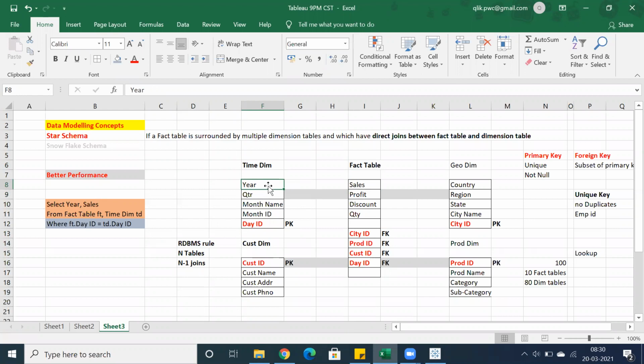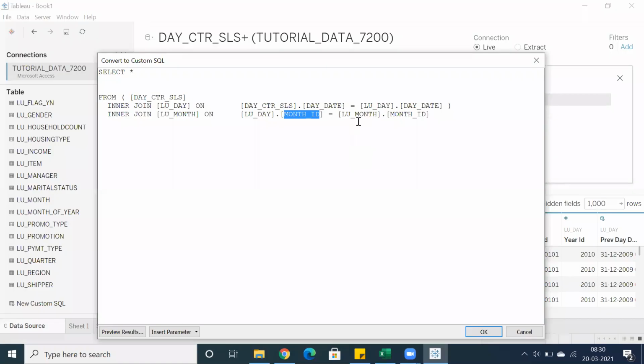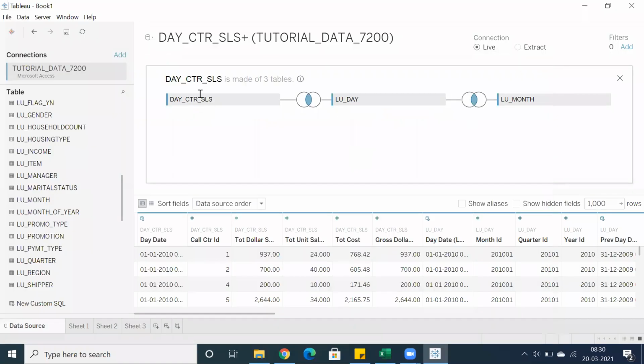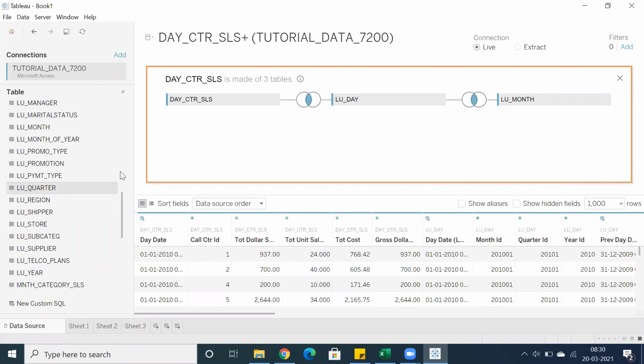If we want to fetch year-wise sales, I have year in the time dimension and sales in the fact table, so straight away I can consider only these two tables. But in terms of Snowflake schema, here we have month. Again, you need to drag and drop to get year-wise sales. You need to drag and drop quarter, and you need to drag and drop year.